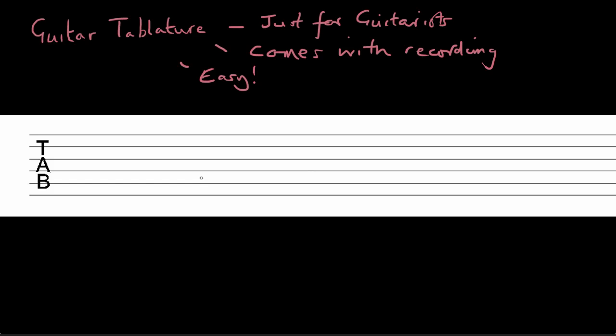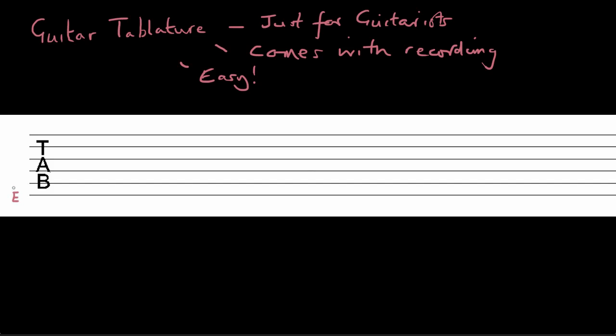So what we have here is actually one line for every string on the guitar. If you can imagine, a guitar normally has 6 strings, and those are mapped directly onto the 6 lines that we see here in the guitar tablature. And so just to finish this first lesson and get us started, I thought I would just label those, so it's very easy to remember how these map on. So the first string, the lowest string on the guitar, which we represent with this bottom line, is an E. So we will put that in there.